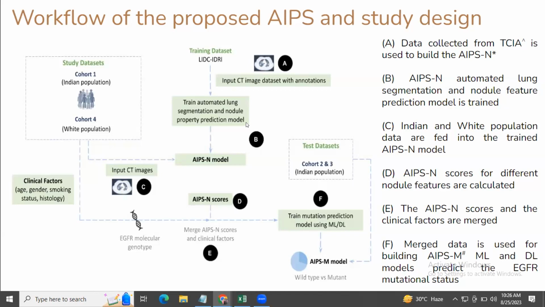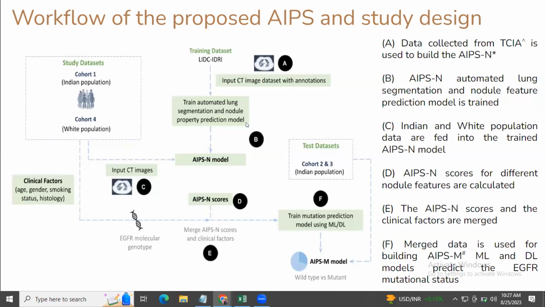So we inputted these CT images with annotation. You have the image of the patient, you have the annotation. We trained them using lung segmentation. Segmentation means we divide, it's a big image, right? So there will be lung, there will be heart, there will be bone, and other stuff available. We need to first segment it, divide it into different categories. Then out of the segmented picture parts, there will be one part that will be cancer, the nodule. So first we segmented, then we looked at the nodule.